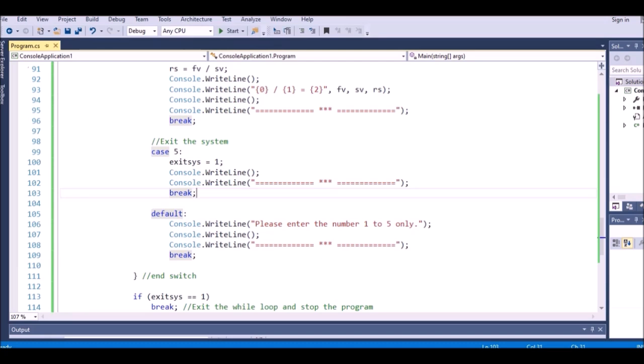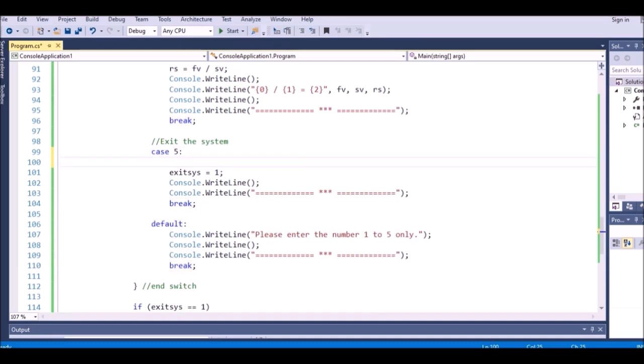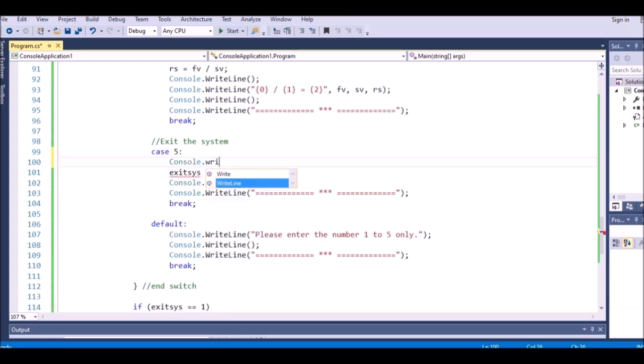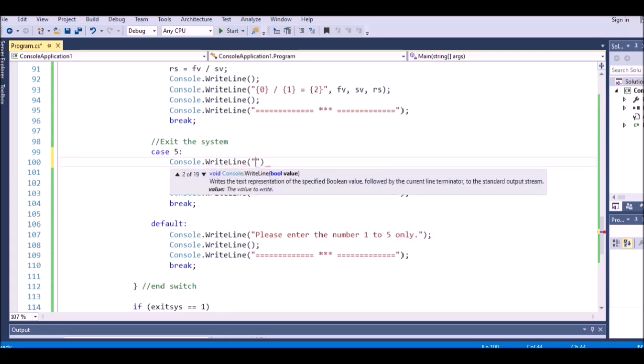To confirm, I have to write Console.WriteLine, and inside here I will write: do you want to exit the system? You ask the user like this,